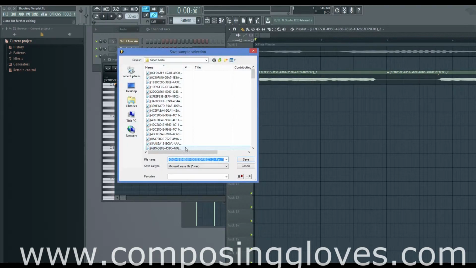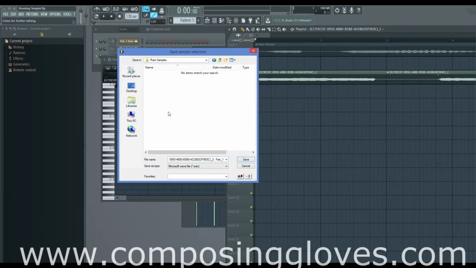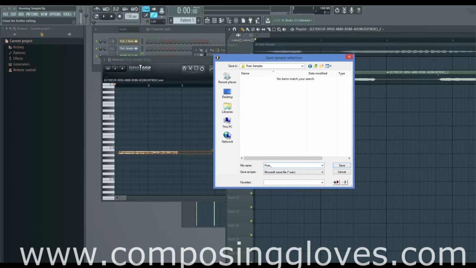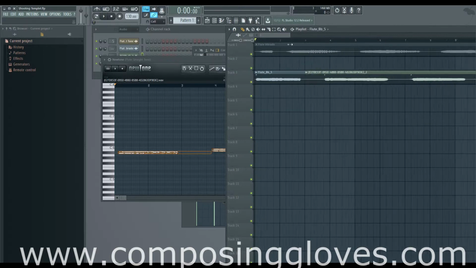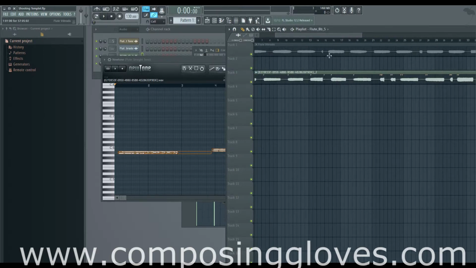So we'll go Make Unique as Sample. And we'll go to the desktop, Flute Samples. And we're going to name it Flute underscore, and it's important that this is a B flat. B flat, that's the flat sign, and it's a B flat 5, as we can tell right here. That's important. So B flat, and then we're going to put another underscore 5. And then we hit save, and we're done. And now we do that for every single sample, and we do that for all our vibratos,